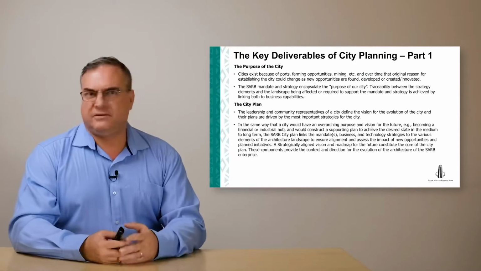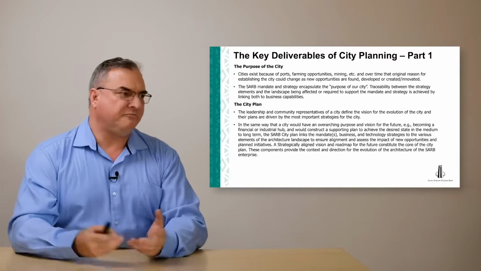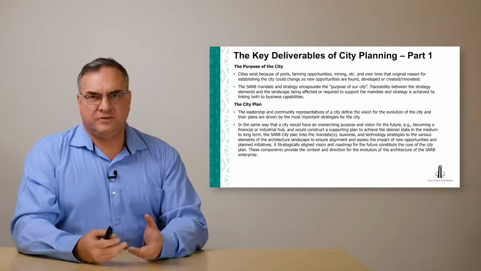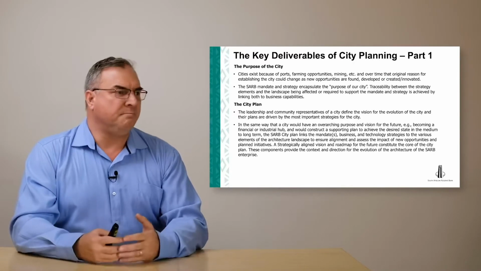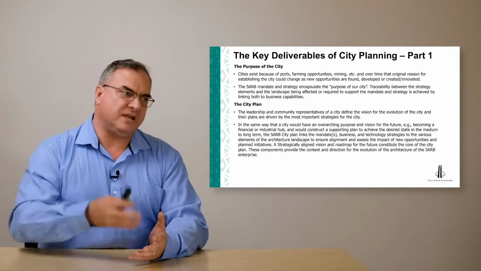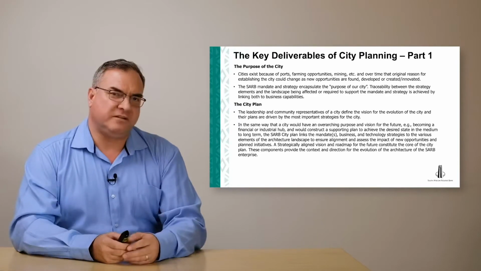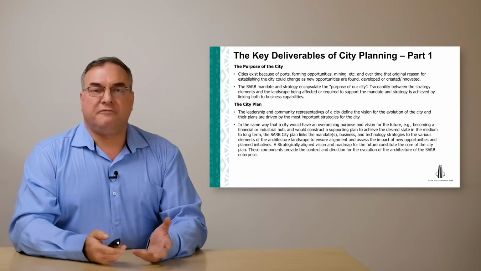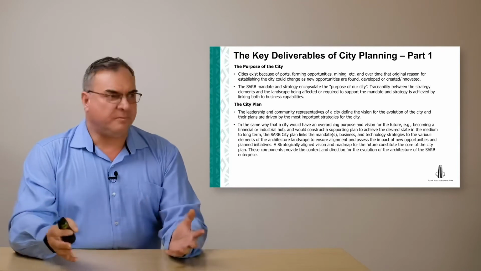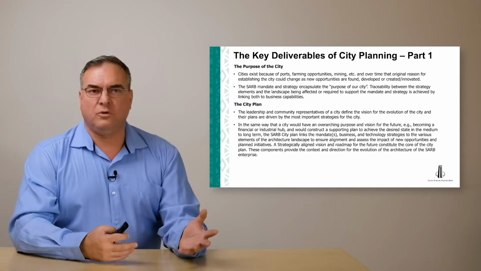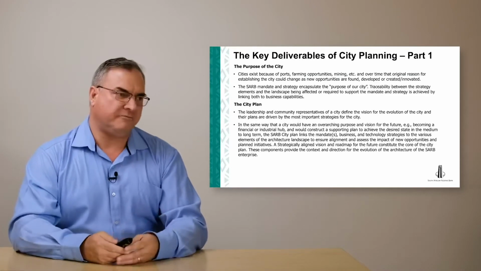So in the same way that we have that overarching vision for the future, becoming a financial or industrial hub, to achieve that outcome, at the bank, we would have the mandate, the business and technology strategies and various elements of the architecture landscape that need to evolve towards a certain stated objective and direction. And we then define the roadmap for those moving parts in a consistent way, packaged into work packages, whether you execute in a waterfall or an agile method with the epics and features defined up front for the direction.